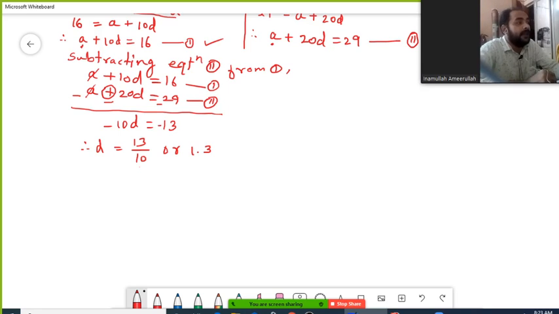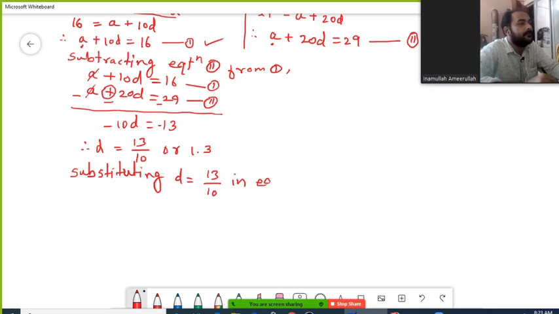Now we have the value of d. With the help of the value of d, we can find out the value of a by substituting d in either equation 1 or equation 2. So I am going to substitute my value of d in equation number 1. Here I will write substituting d equals to 13 by 10 in equation number 1. So when I substitute this, my equation number 1 is a plus